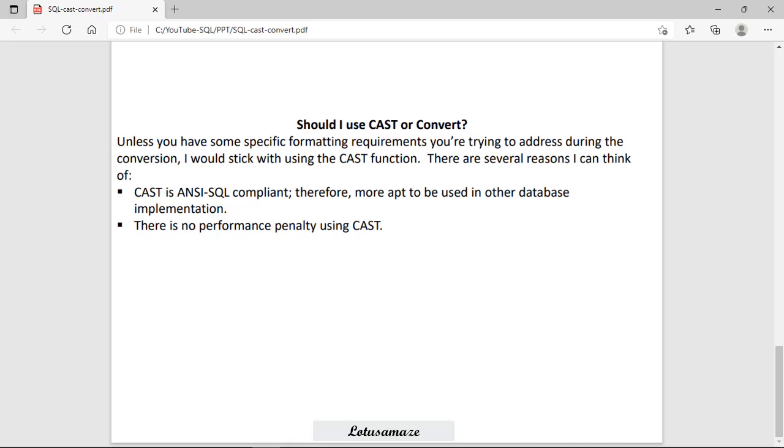It is advisable to always use the CAST function unless you have a specific requirement. There is a reason for this. CAST is ANSI SQL compliant, so it can be used on many databases. Secondly, using CAST does not have any performance impact on SQL Server.